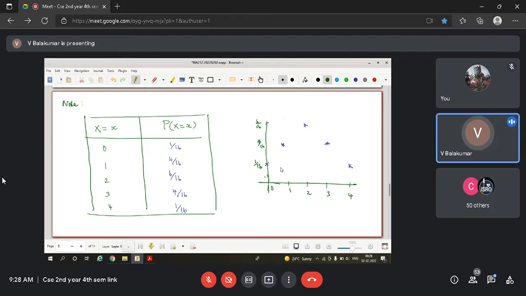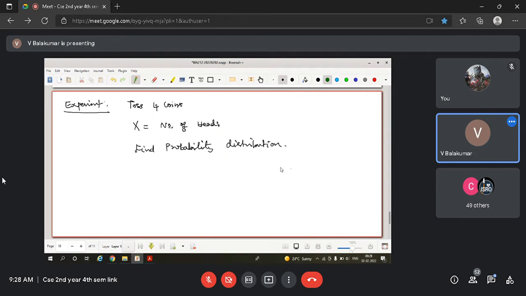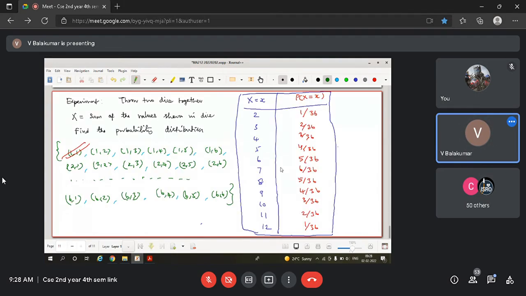And this is another way of representing. So these are the 3 possible ways of representing a probability distribution. We want to write down the complete information about the probabilities of each value of the random variable. This is a similar experiment that we left as homework. This is another experiment. Here also you can check the sum of the red colored probabilities is equal to 1, 36 by 36.